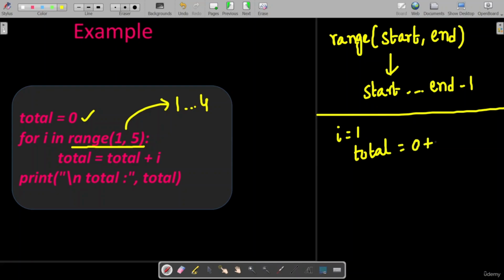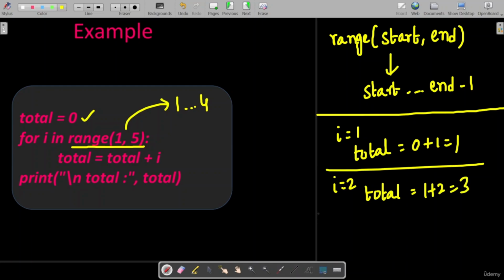This will be 0 plus 1, which is 1. In the next iteration, I value will become 2, and this will add this I value, which is 1 plus 2, value will be 3. In the next iteration, it will consider I value as 3, and this will add like this, total equal to total plus I, which is 3 plus 3 is equal to